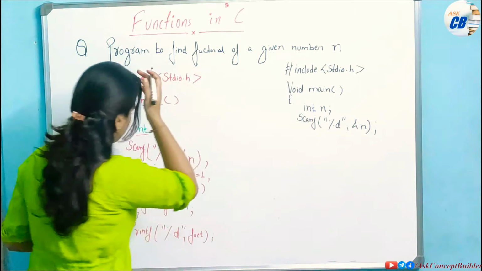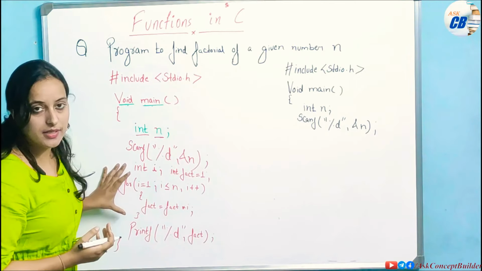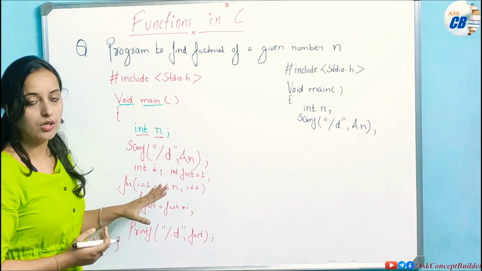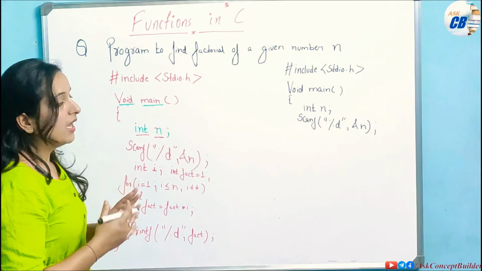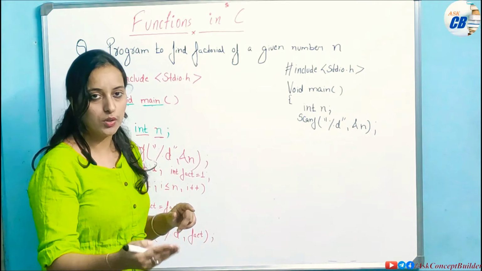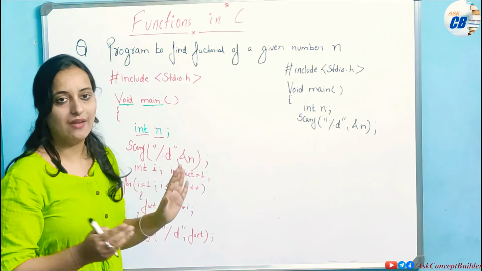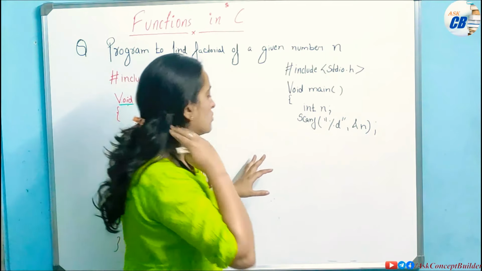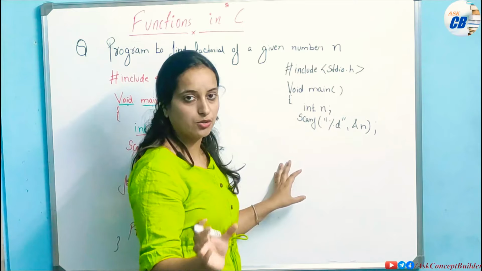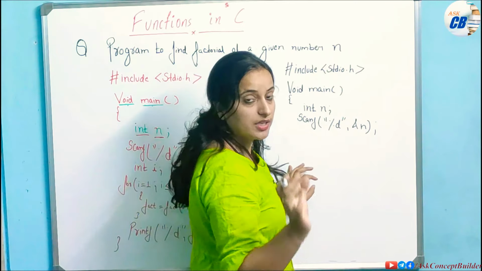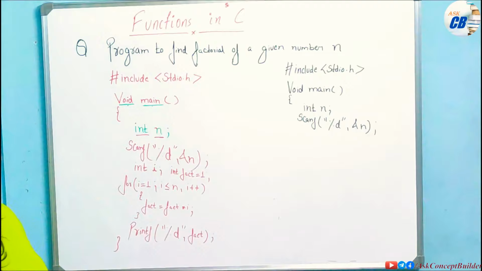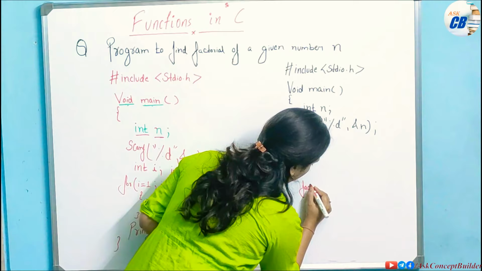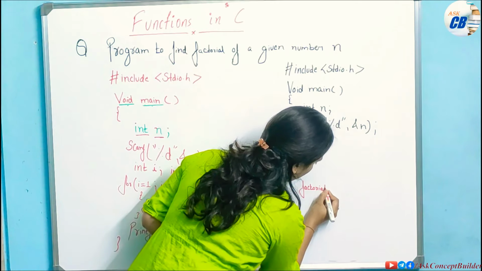Now after this, what we had done is written the factorial program logic inside this main. Now I want to find the factorial, so what I will do here is take one more function, a factorial function, and include all these factorial steps inside that function, because we are seeing how to write a function only. So the name of my function is factorial. Now the name of my function is factorial, and then what you have to write.